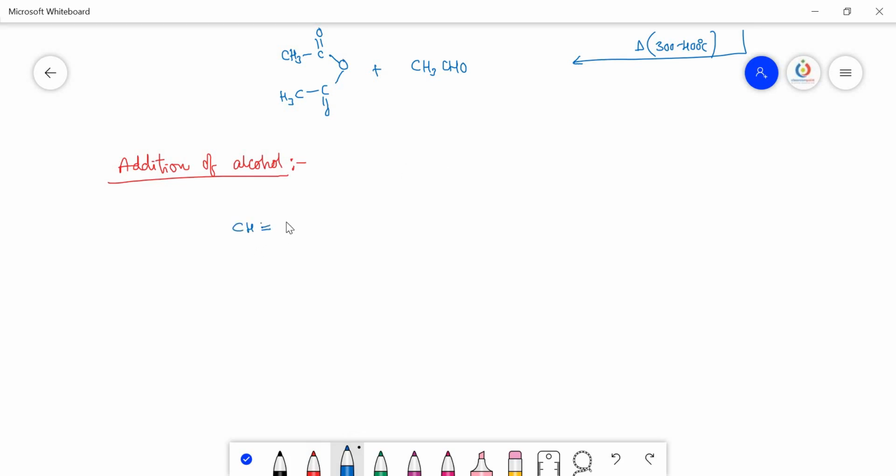So acetylene, CH triple bond CH, reacts with C2H5OH, where oxygen carries the partial negative charge and hydrogen the partial positive charge, in the presence of HgSO4 and NaOH or KOH, along with the mercuric salt. Hydrogen is added at one side and the ethoxy part on the other side, so you get CH2 double bond